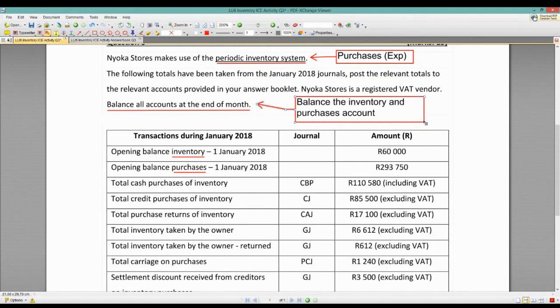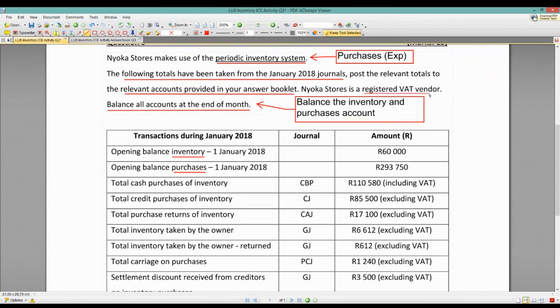Okay, so that is what was required from you. Let's quickly see what else they give. The following totals have been taken from the January 2018 journals. So we're dealing with January 2018. Post the relevant journals to the relevant accounts in your answer booklet. So we have to post the information they've provided below to the relevant accounts provided in your answer booklet,